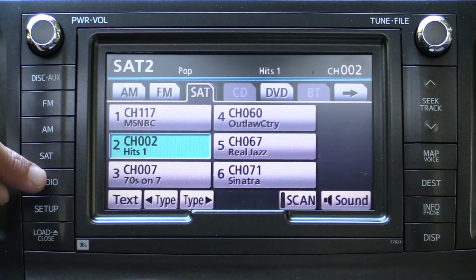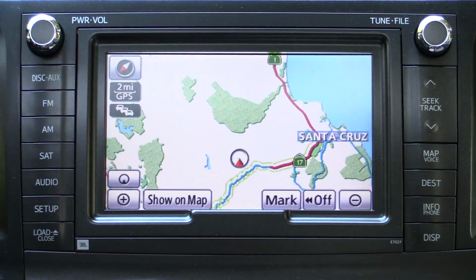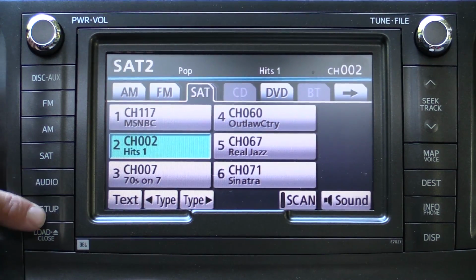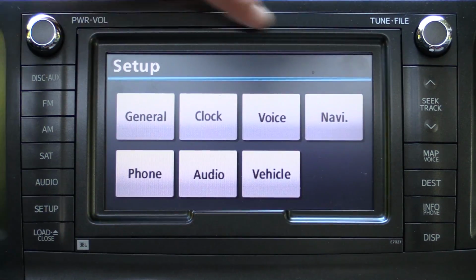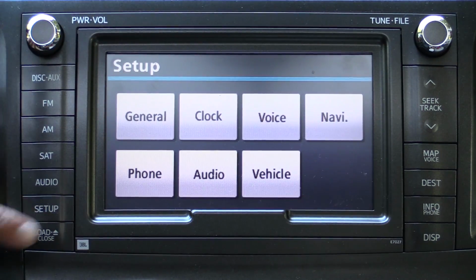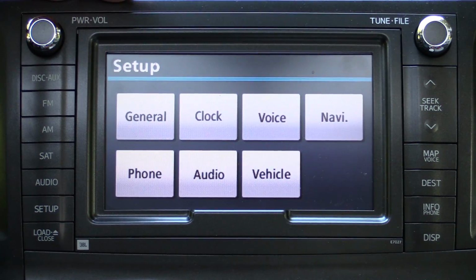Our audio screen right here is how you get back to this if you're over on the map button. So if we're actually over here on the map and we want to go see the audio, that's what that button's for right there. Setup refers basically to this system, although there are some limited vehicle settings that you can adjust right there as well. The load close button is how we open and flip the screen to insert CDs into that multi-disc changer or